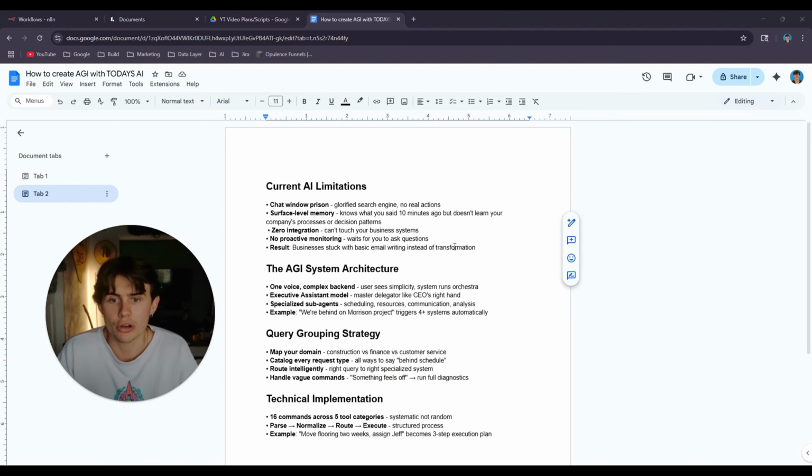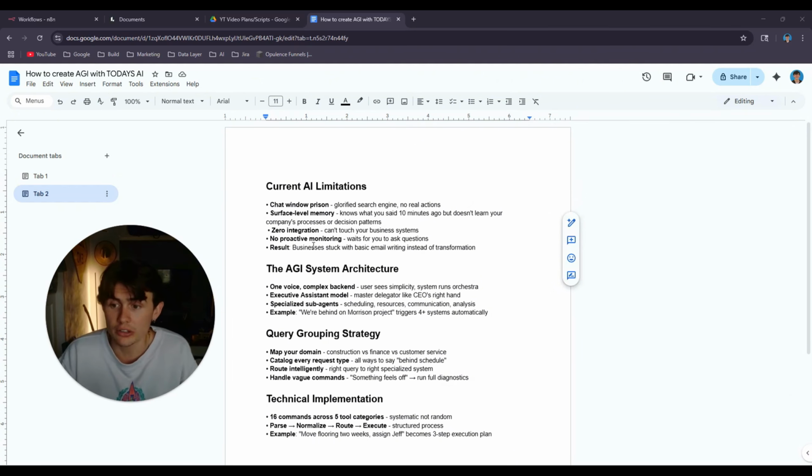Next up, we have zero integration, or very limited integration. I know ChatGPT can integrate with your Google Drive, but that's really just scratching the surface of what true integration looks like. True integration looks like every single part of your day or every single part of a business system, giving an AI the ability to interact with, make changes to, or create reports on. ChatGPT alone can't coordinate with your suppliers or update your inventory or mess with your schedule. It's not able to do that. In its current state, it's completely disconnected from actual business operations.